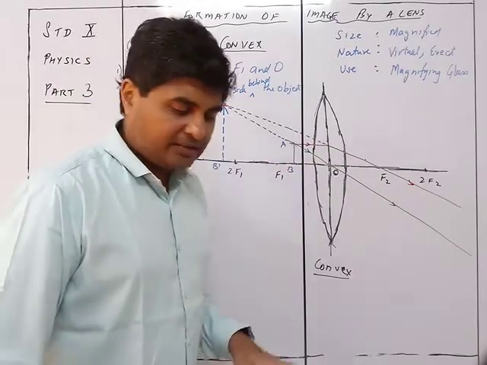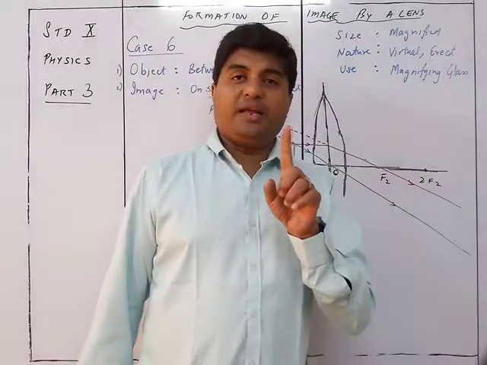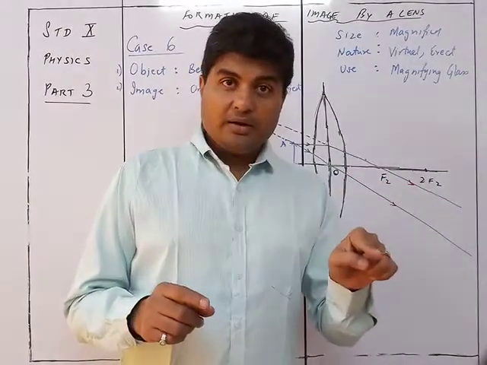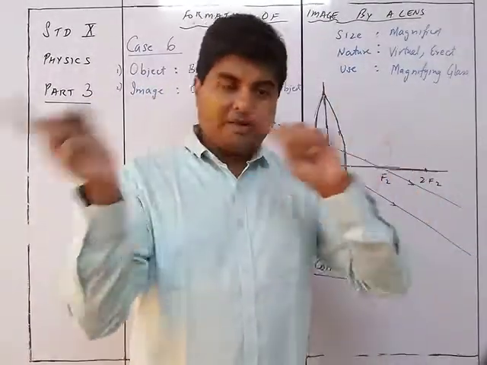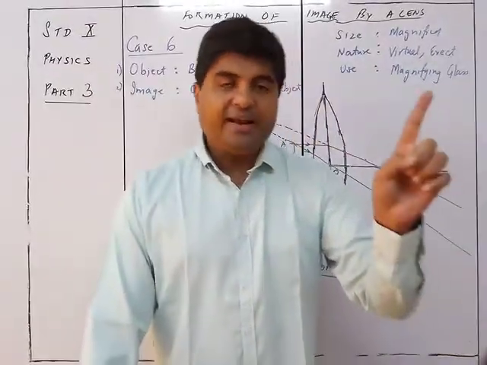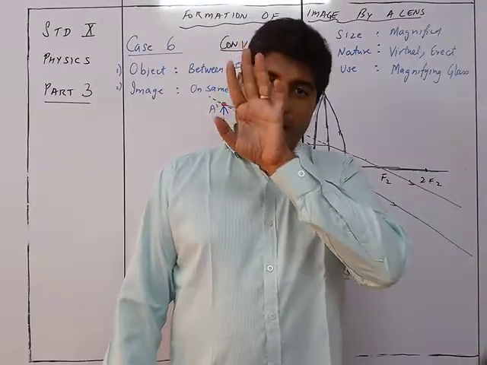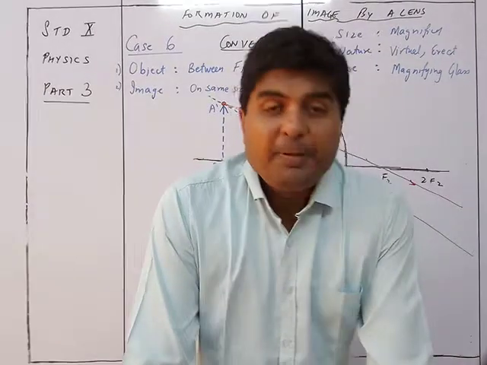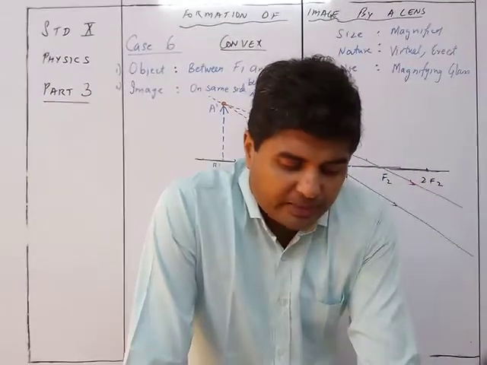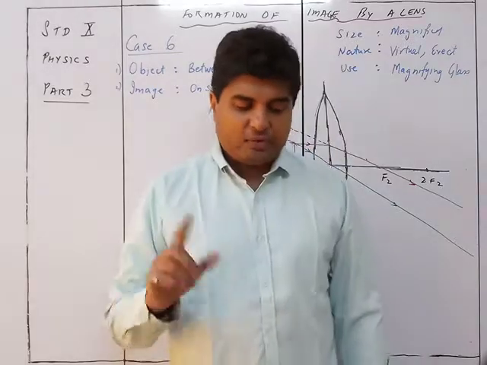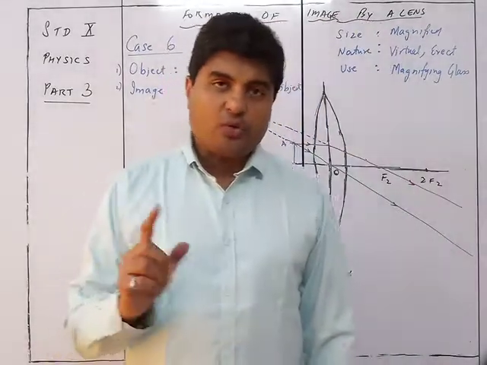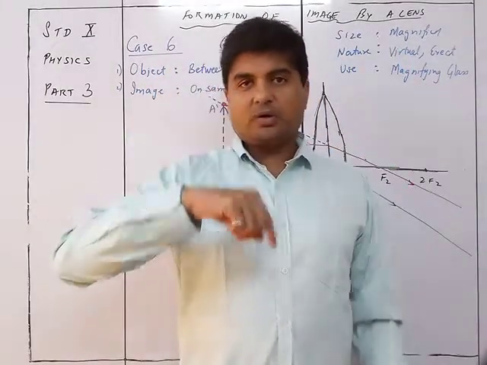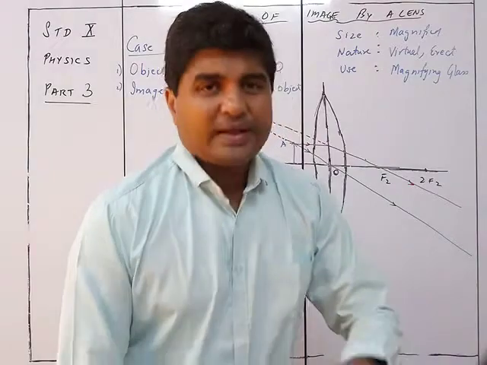Also, one more important thing is, if object is at infinity, image is at f2. So if object is at f1, image will be at infinity. It is opposite. Infinity's image at f2 and f1's image at infinity. Similarly, object beyond 2f, then image between f2 and f1. Similarly, if object is between f1 and f2, it will be beyond f2. So it's always opposite. If you study it, you can study this table